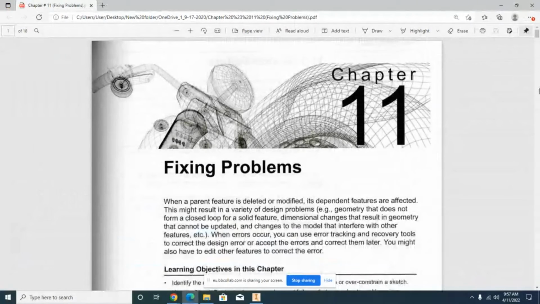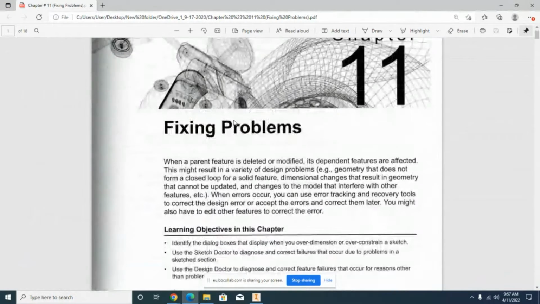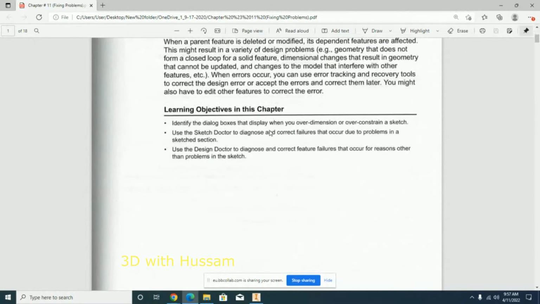Okay, so hello everyone. Today I'll talk briefly about chapter 11, learning objectives. Identify the dialog box that displays when you over-dimension or over-constrain a sketch. Use the Sketch Doctor to diagnose and correct failures that occur due to problems in the sketch section. Use the Design Doctor to diagnose and correct failures that occur in regions other than problems